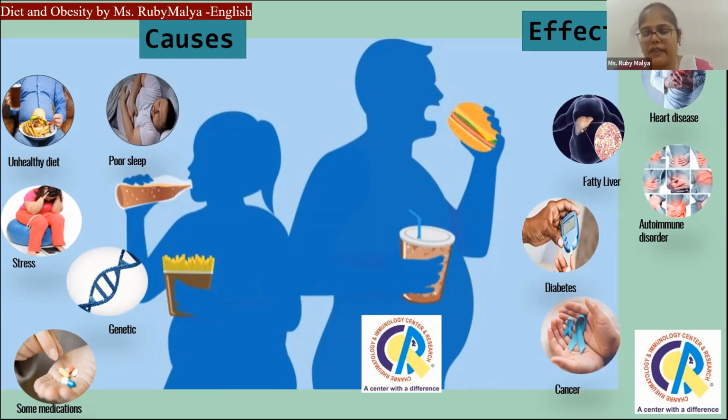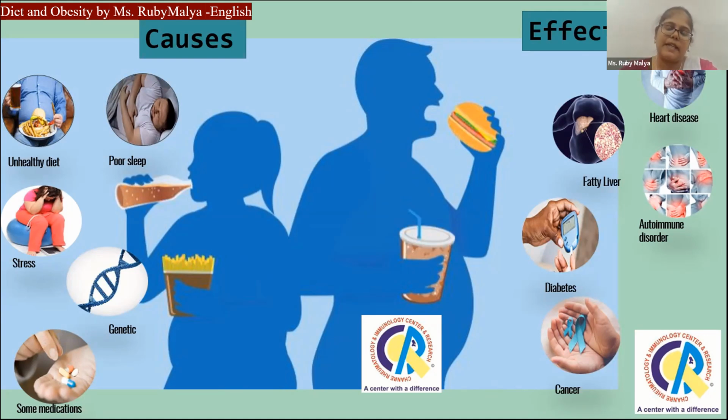When a person is obese, there is an excess accumulation of fat in the body. This leads to blockage of arteries, which leads to heart disease like stroke and heart attack. Then there is excess accumulation of fat around the organs. This leads to fatty liver. When there is too much fat in our body, it leads to increased inflammation. This leads to autoimmune disorders and conditions like osteoarthritis and osteoporosis.